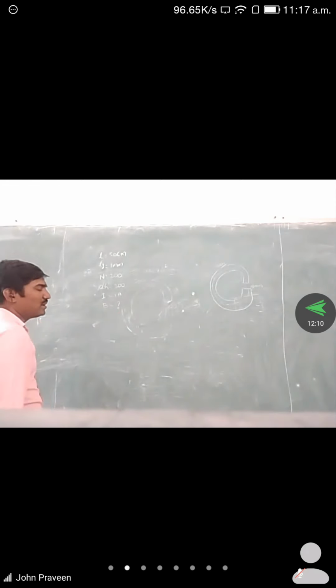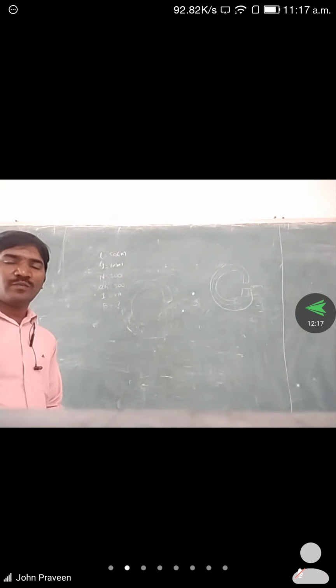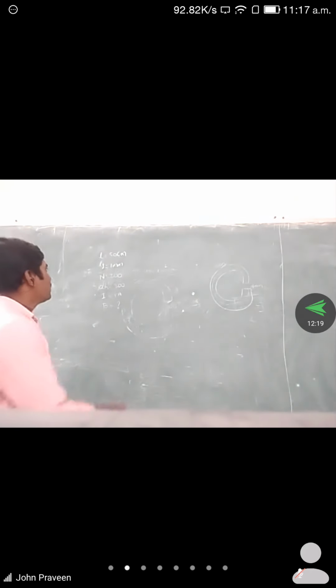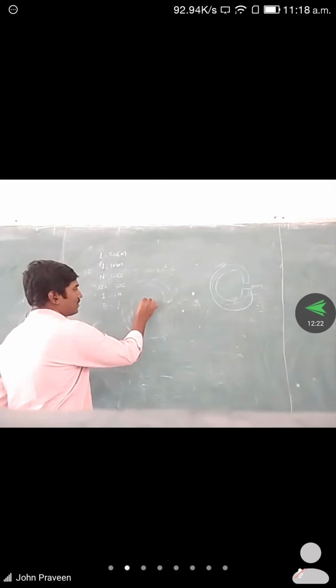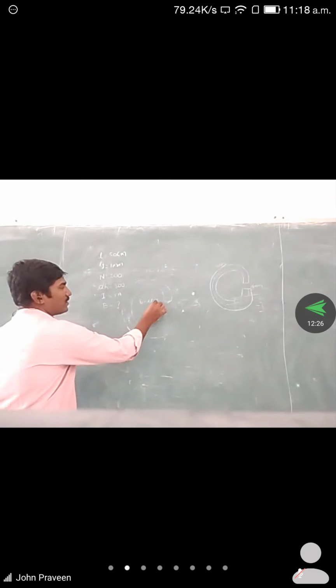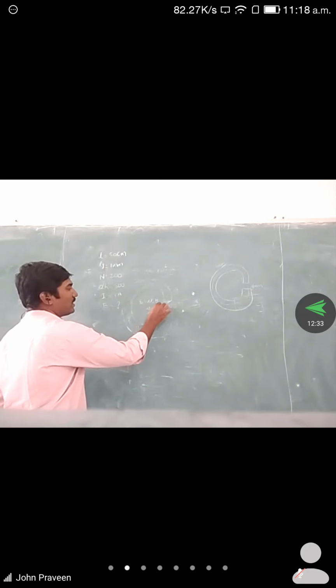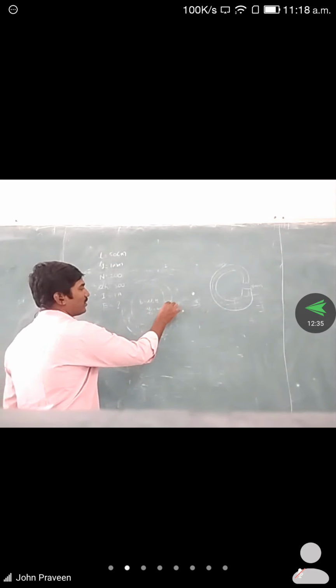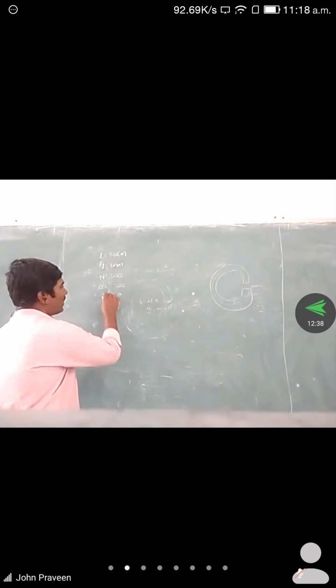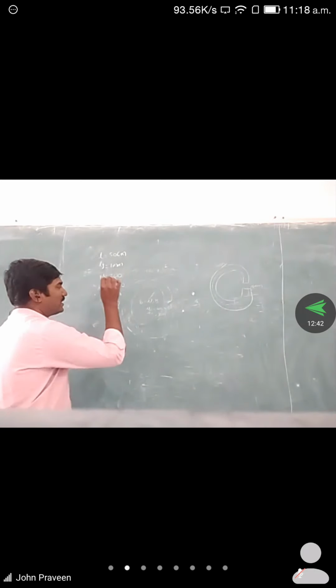How is it possible? There are several formulas available. B is equal to mu into H. This will be sufficient, because if we find out the H value, mu we already know: mu naught into mu R. Mu naught is already known, 4 pi into 10 to the power of minus 7, and mu R is given as 300. So mu will already be determined.